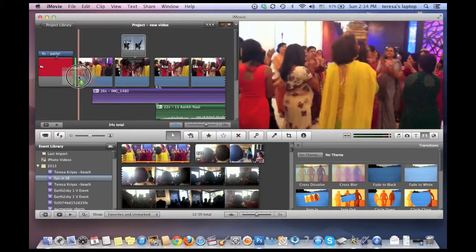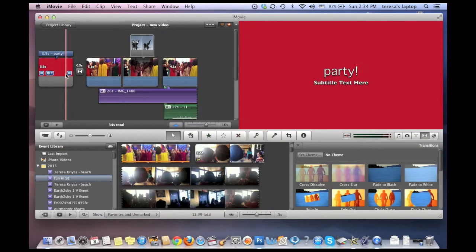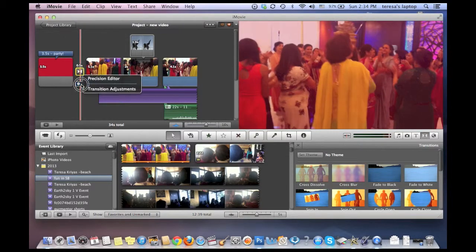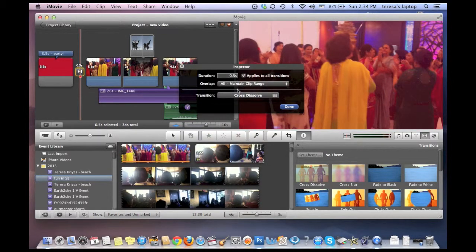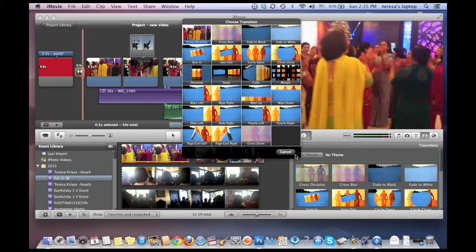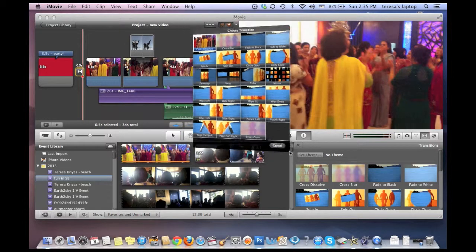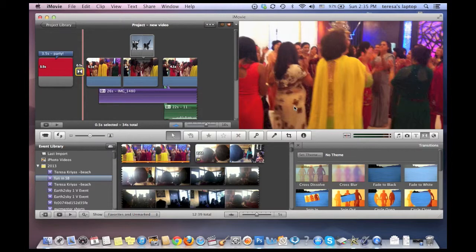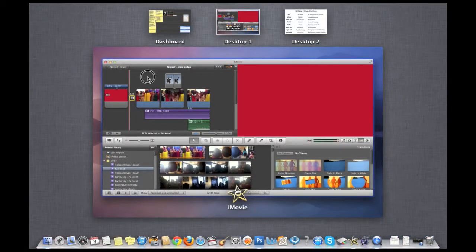You can change the duration of the transition. It's limited by the length of the clip before and after it. The Inspector tool gives more transition choices. Too many transitions gives a busy effect to the video. If you choose a theme, it will automatically add transitions and titles, but they can also be edited. We'll click Done. Now, if you need to save your unfinished project,